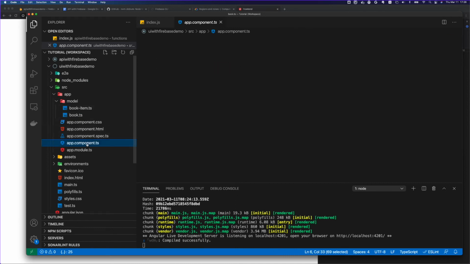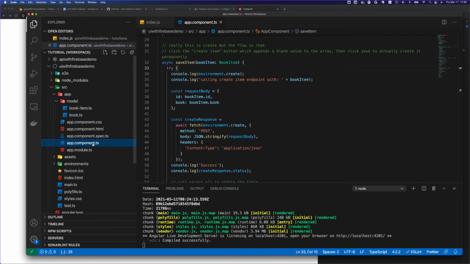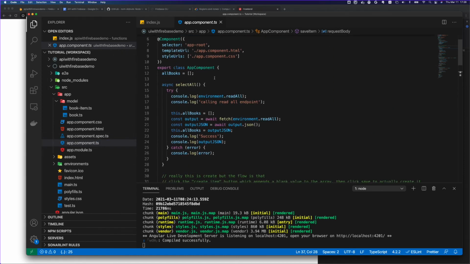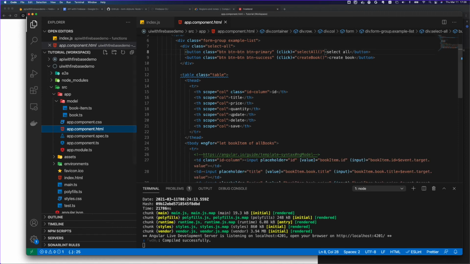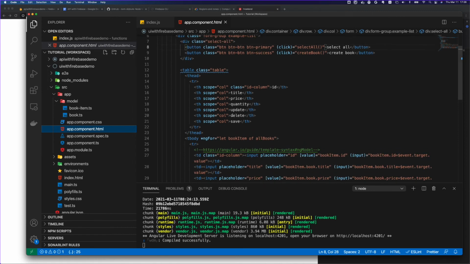Now I go to app component .ts, and when I am doing select all, this all books will have this model which we have, and then we are going to iterate over it in my app.html file.